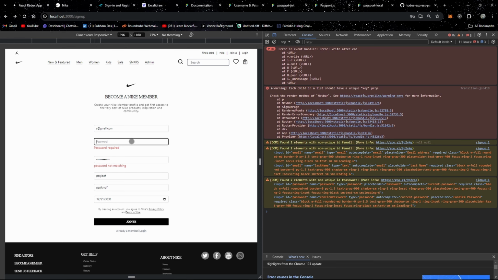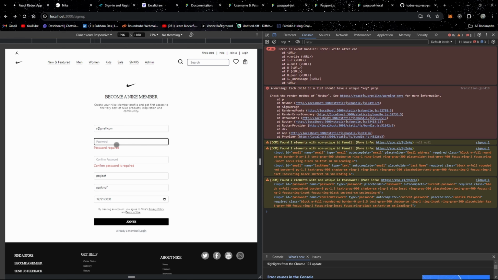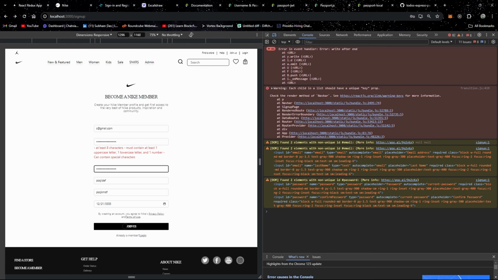Okay, let's give the password something like 123 a gmail @ and okay, let's give the password as password@gmail.com and password@gmail.com. Let's hit join. Okay, must contain at least one uppercase, one lowercase, and one number. Okay,